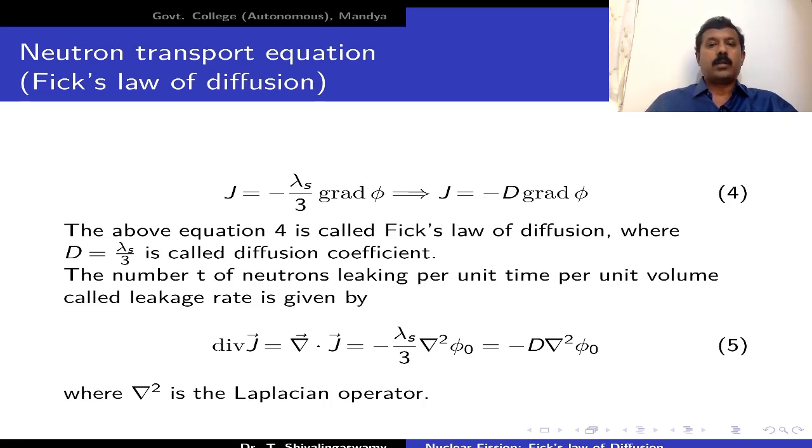This is how the neutron transport equation can be derived by using the elementary theory of diffusion. This plays a very significant role, and this derivation is also very important for the examination. I suggest all the students practice this equation 2-3 times so that you will not make mistakes. And also remember the importance of this equation, because in later lectures I am going to use this equation for different shapes and sizes of the reactors.